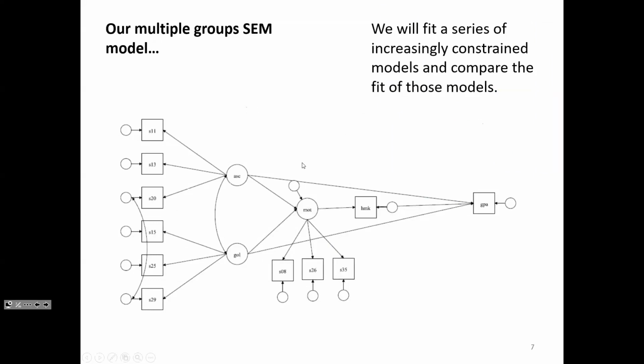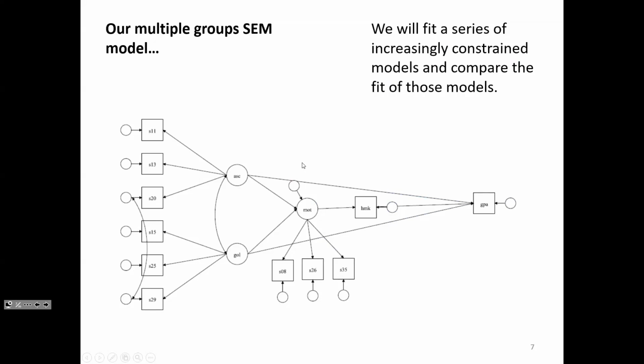So we've got academic self-concept and goal evaluation, which are latent variables, predicting motivation, which is a latent variable. And then motivation predicts homework, and then homework and academic self-concept and goal evaluation all predict GPA. And this is the conceptual model. So the conceptually omitted paths needed for a just identified model are not actually shown in this particular picture. But do you remember where our conceptually deleted paths are? Where do we not have paths that we would need to get to a just identified model?